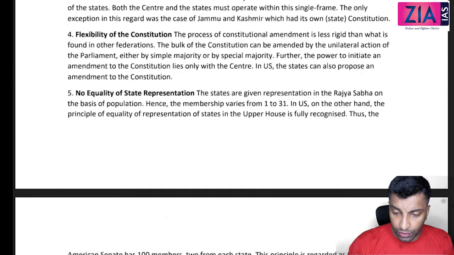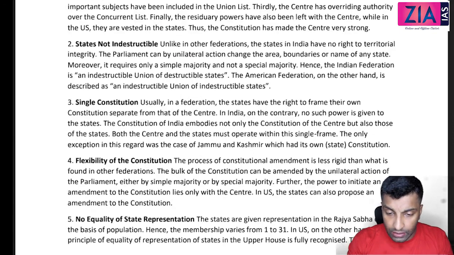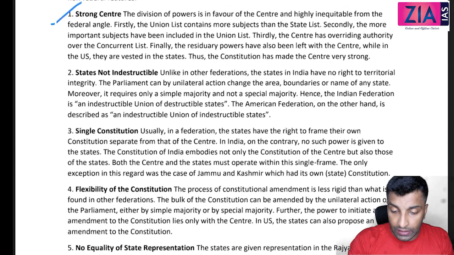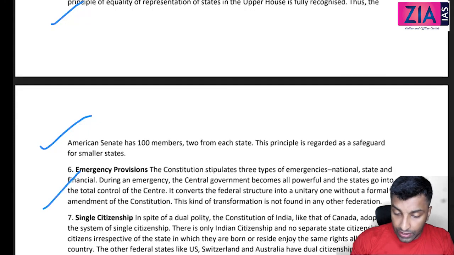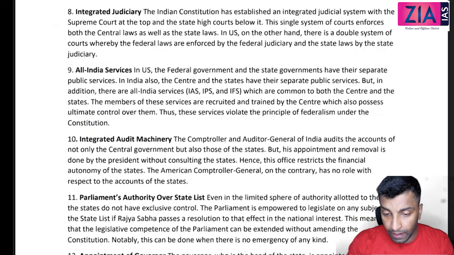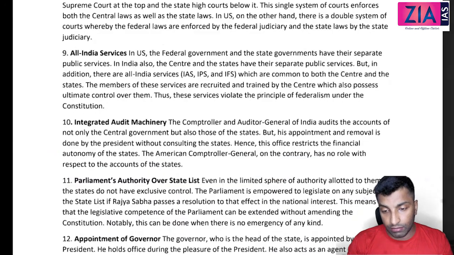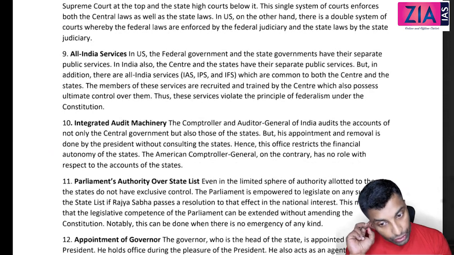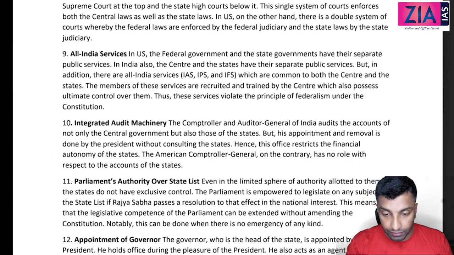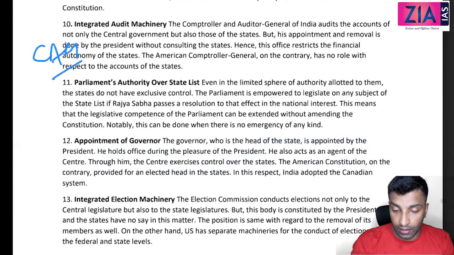Anything else we left out discussing? So guys, I hope there won't be any problem. You can remember all these. If not: strong center anyway, single constitution, flexibility, then emergency provisions, you won't forget that here, single citizenship, integrated judiciary, independent but integrated. But you see, in the US a separate judiciary is there, right? Even the Supreme Court at the state level is also there, but that's not the case with India. All India Services, CAG, then governor,